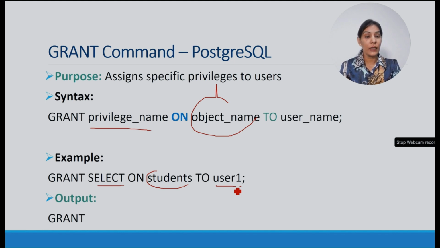So a new person has entered our company. Now I want to give access to my database. Whenever any new person is hired by a company, whether they are going to do data analyst work, DBA related work, or something as a data scientist, we have to give a privilege to the user so that they can access the database of our company and perform the specific task assigned to them. So in the beginning, we don't assign all the privileges. We give them on a specific table so they can start their work. So here is user one. Then the output of it is Grant.